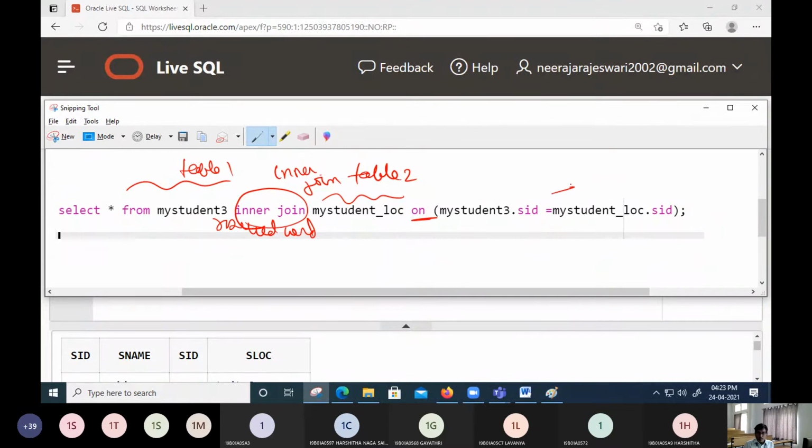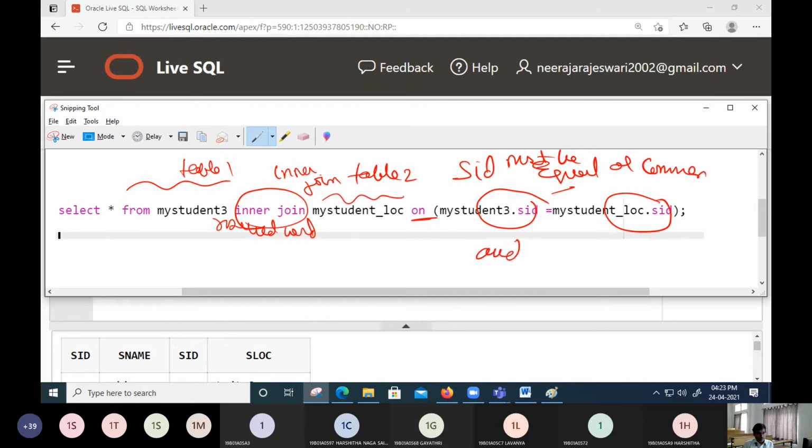The SID should be equal. The SID must be equal or common and must exist in both the tables. So equijoin sees that whatever SID is there, that should be in the left table and that should be in the right table.